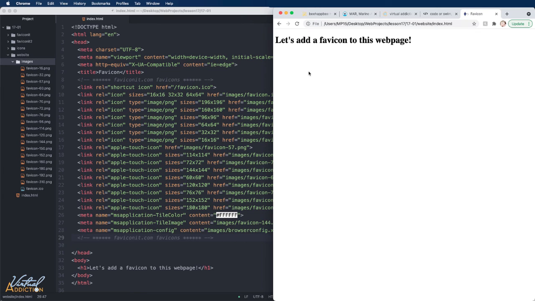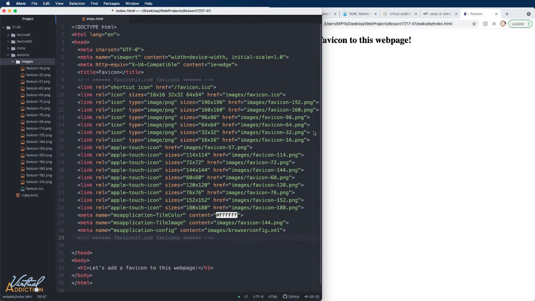In this particular desktop browser that I'm using, it's only going to take advantage of the 32 by 32 PNG file or the ICO file. So all of these other sizes are not being used in this environment. If I was using a device that had high density resolution or some other sort of formatting, we could use these. If this is something that you're interested in using, certainly include these.